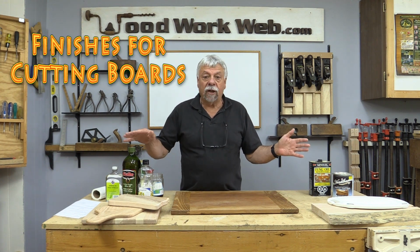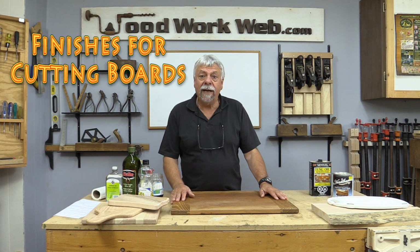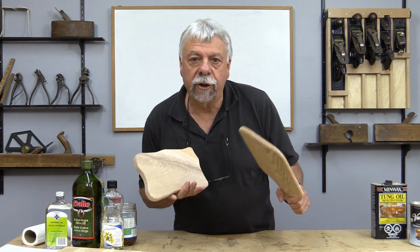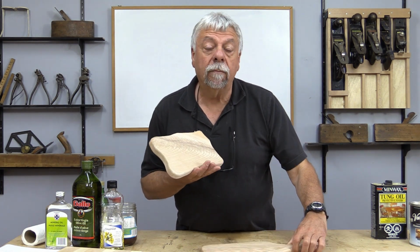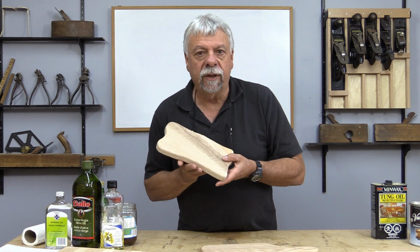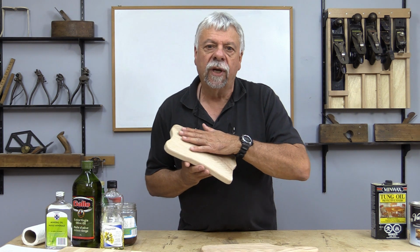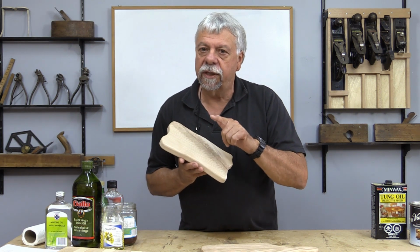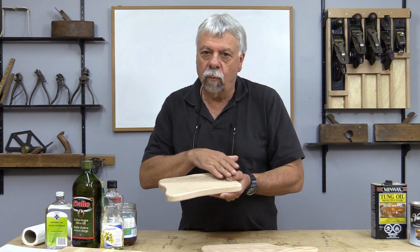Today I'm going to talk about finishes for cutting boards. So why do we even bother to finish cutting boards? Well, as woodworkers, of course, we want them to look nice, but the other reason that's good to finish cutting boards is it actually seals the wood, but it only seals it for a time